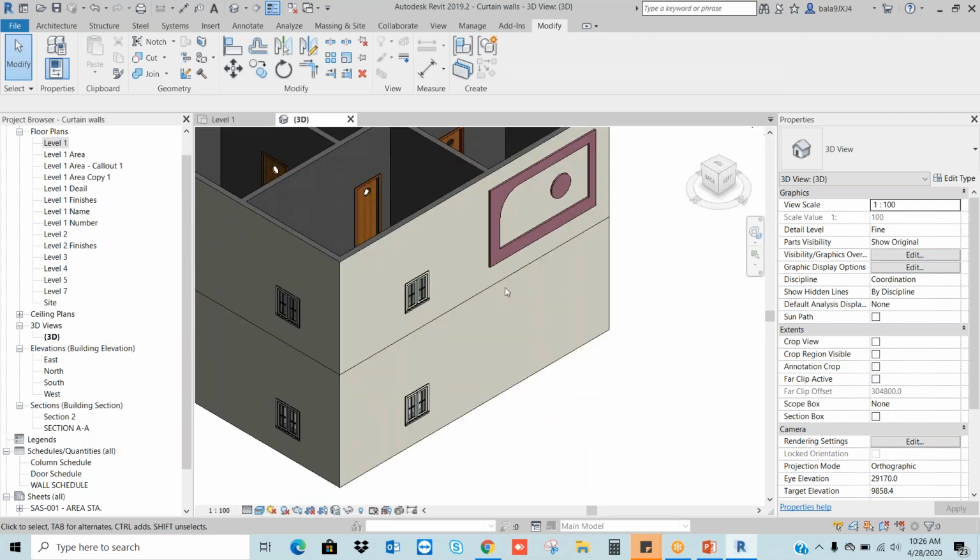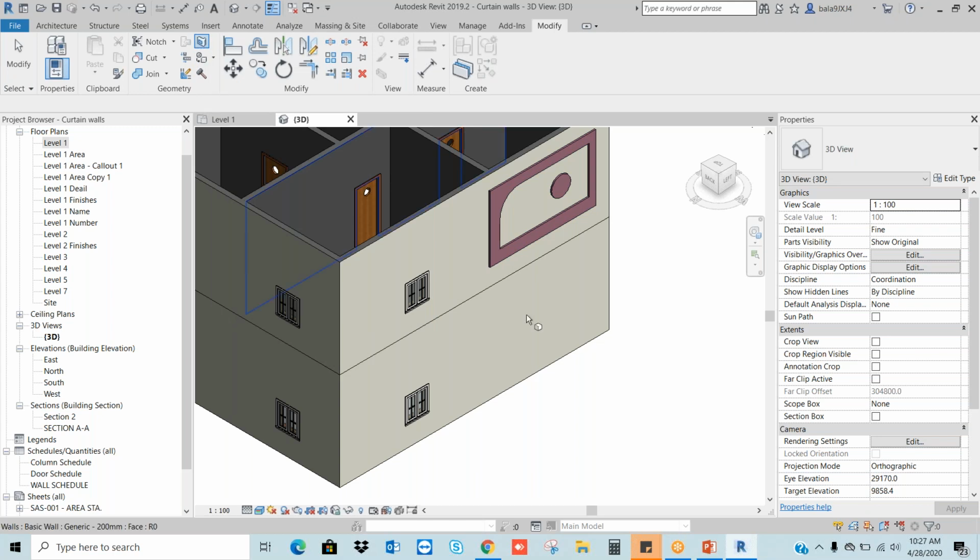Now, you want to add the paint. Let's say this is a single wall. You want to split this wall two times. I want to paint it in different colors. If you go to the modify, in the geometry, here you can see the split face.